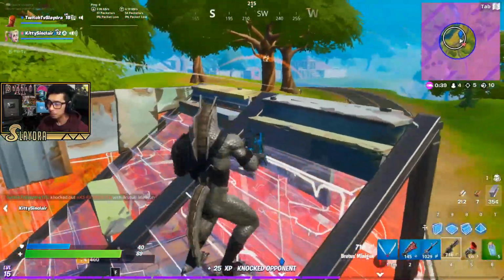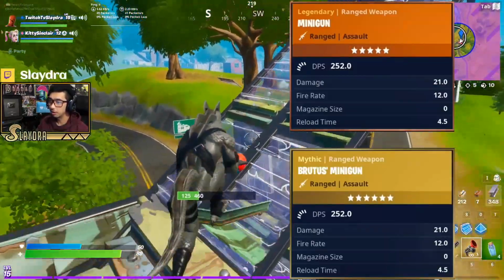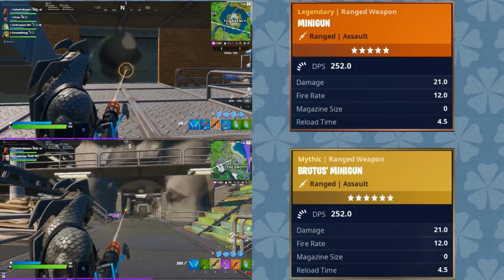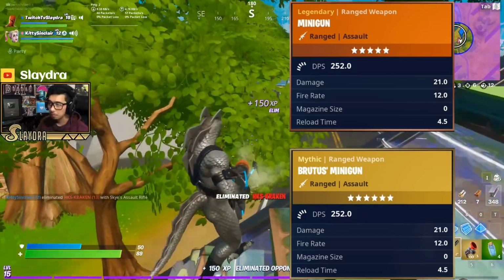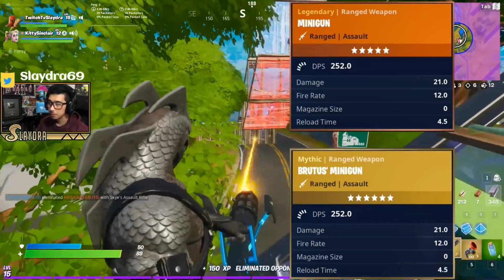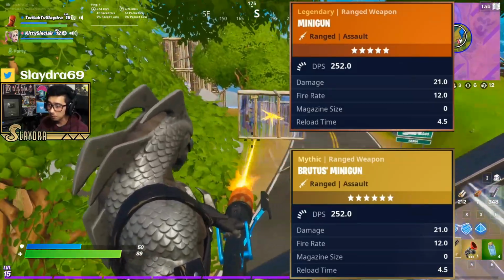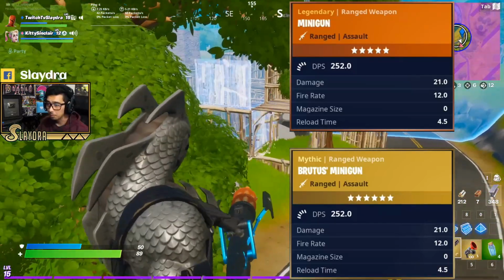Alright guys, so the next one that we're going to check out and compare is the Minigun. So the regular Minigun versus the Mythic Brutus Minigun. Looking at the numbers, some of you guys might have noticed that the stat sheet actually shows the exact same thing for the Legendary and the Mythic version. So here's where potentially it is a little bit better,